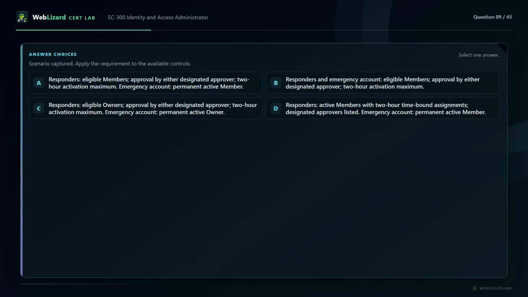Option A. Responders, eligible members, approval by either designated approver, 2-hour activation maximum. Emergency account, permanent active member. Option B. Responders and emergency account, eligible members, approval by either designated approver,